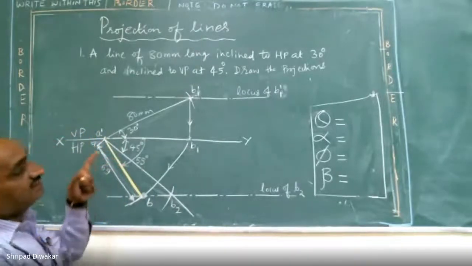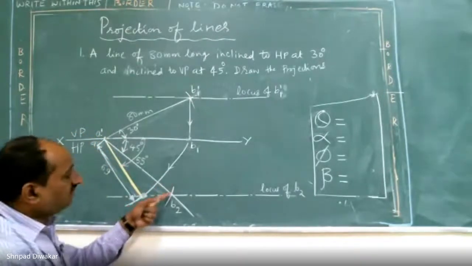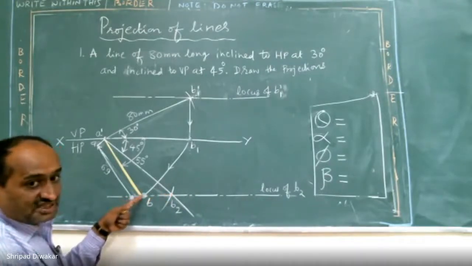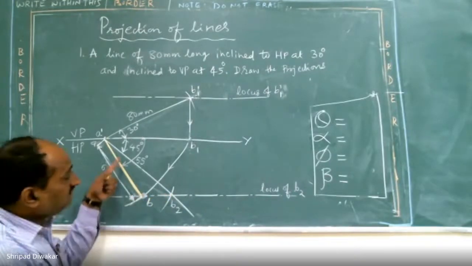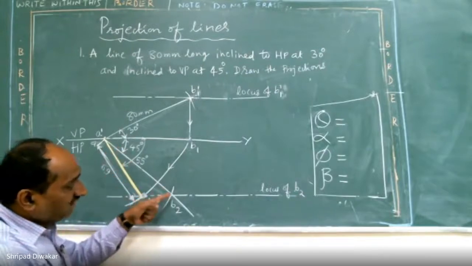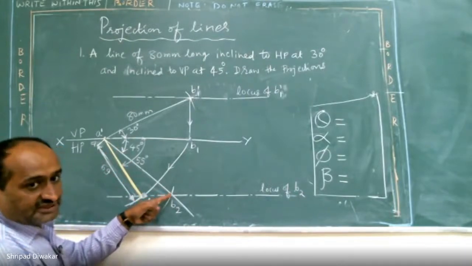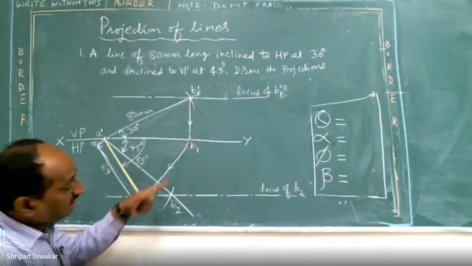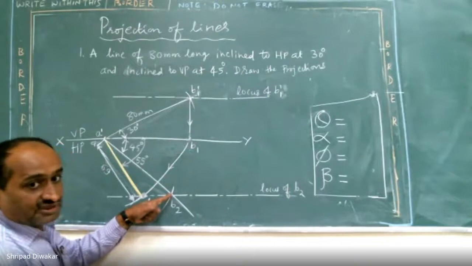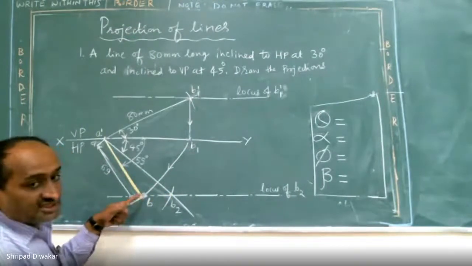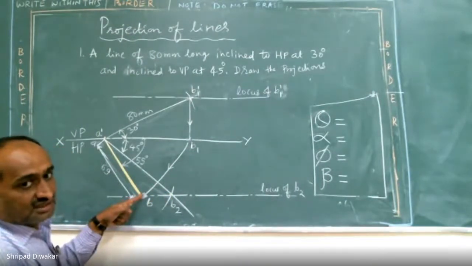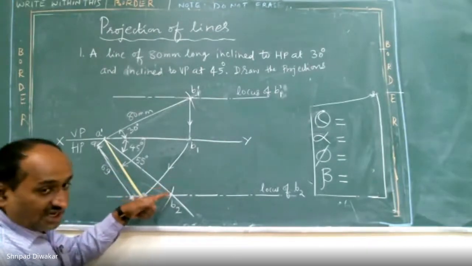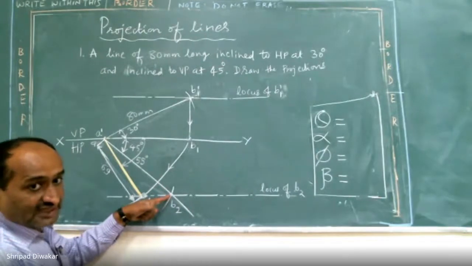Now you have to take from the bottom. You have to start from the two points. Remember, don't start from here. Suppose you start from here, it is wrong. Always draw the vertical line only from your true length point. Here also I started from the true length point, and here also you have to start from the true length point. Otherwise you get a wrong answer, so be careful while doing the drawing. You have to start from B2, that is from the true length line.